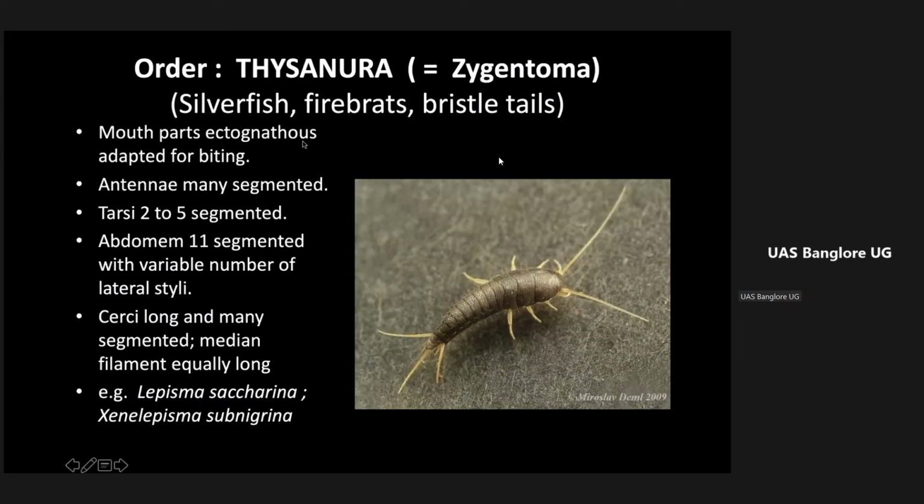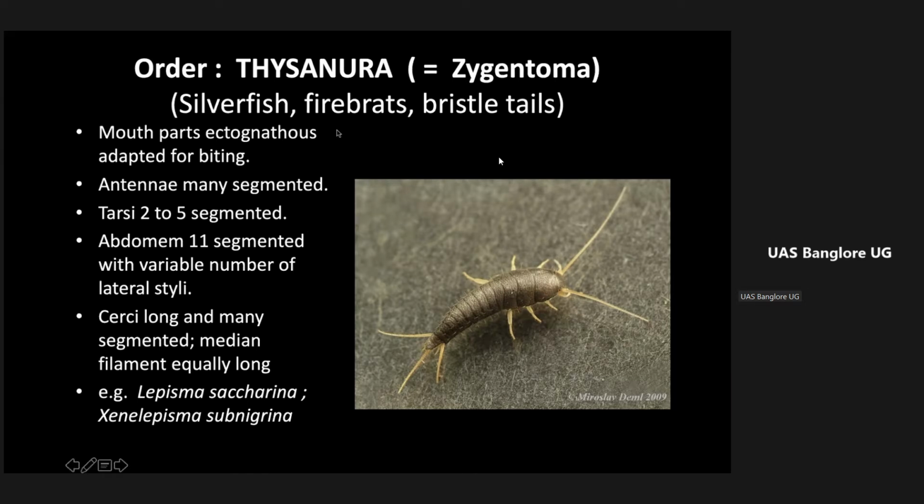We call it silverfish because of the scales on their body, which look very silvery. What do you mean by Thysanura? Thysano means tassel. Tassel is what we call the maize flower, and ura means tail. So they have a long tail, and because of that we call them Thysanura. Ura, or oura, is the long tail in German or Latin words. That is how you can remember this. So it belongs to the order Thysanura.